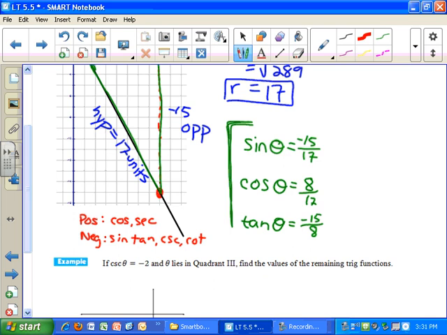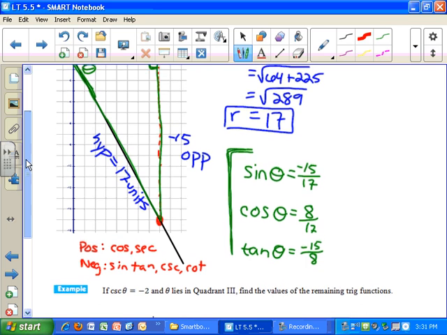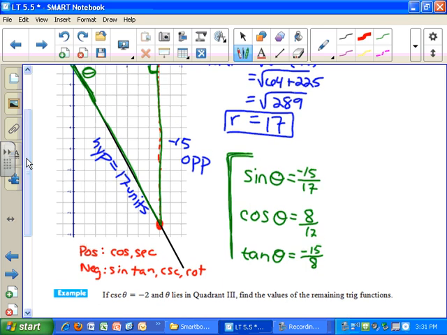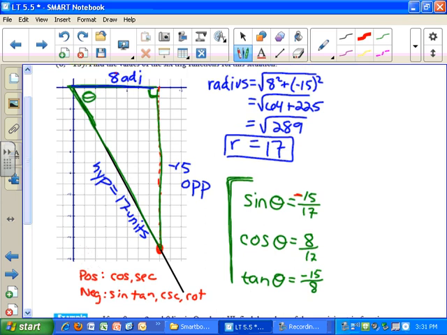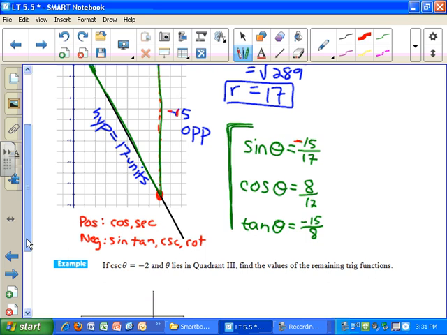And that's because the y values are all negative. So any of these functions that have to do with y are going to have a negative value. So sine, because we're going down 15, there has to be a negative number there. Cosine is positive because cosine is the x value, which was a positive 8, and then tangent is y over x, and so again, because that y value of negative 15 is there, tangent becomes negative,